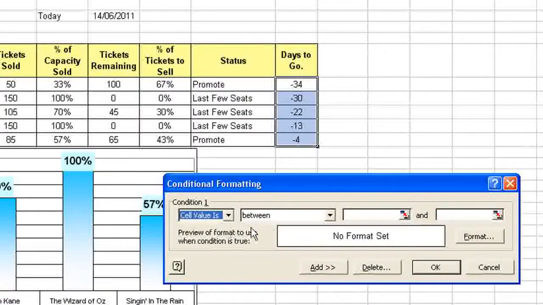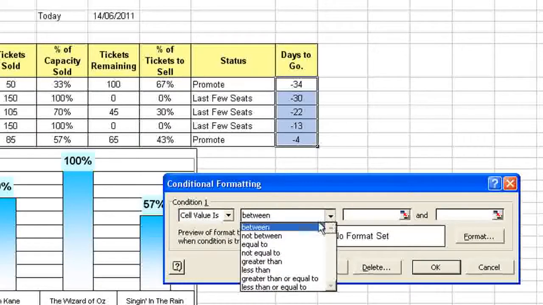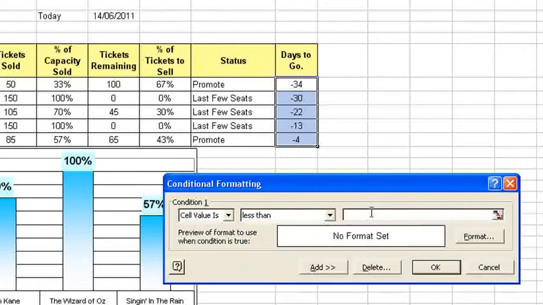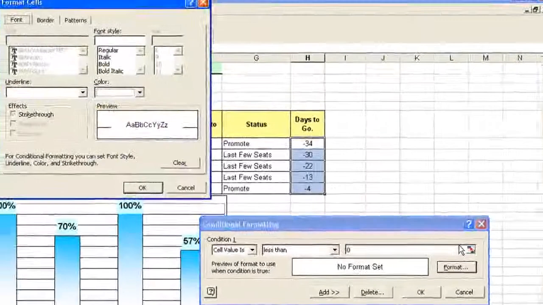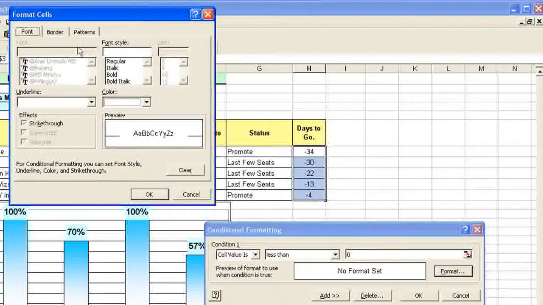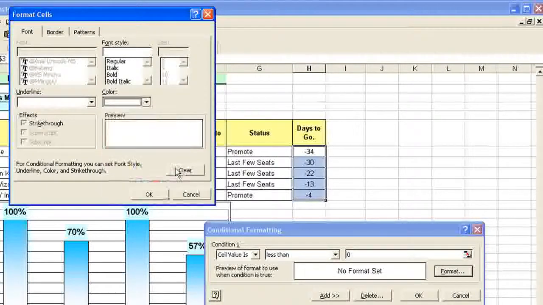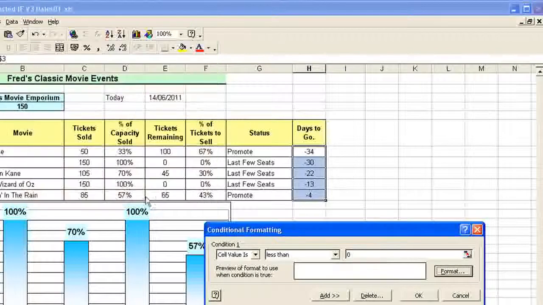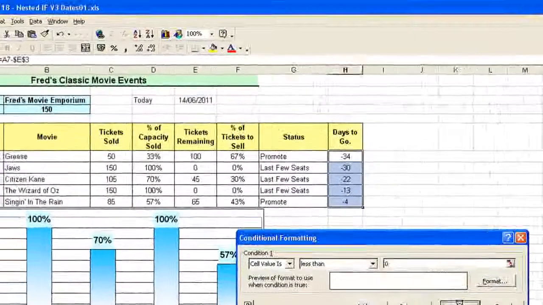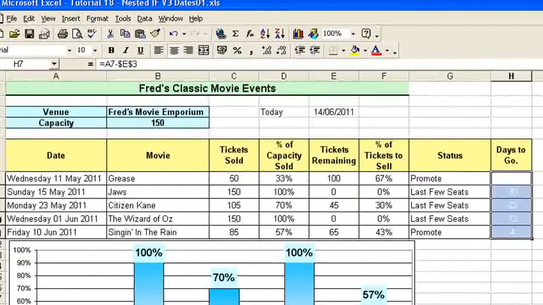So I'll say if the cell value is, in the first box, leave that as it is, and simply say is less than, and then just type in 0 in the result box there. So if it's less than 0, I'm going to apply a format, and I'm going to apply a font color, which is right here, and the font color is going to be white. Simple as that. So OK that, click OK on the conditional format dialog,